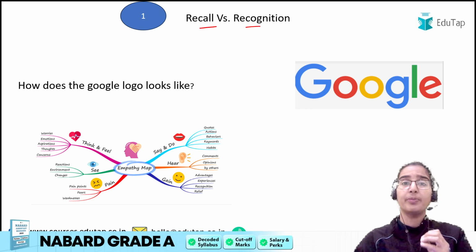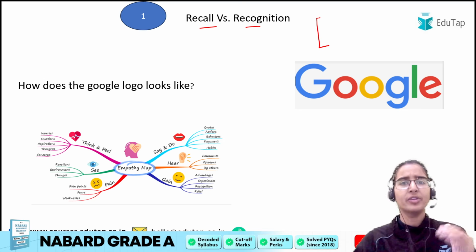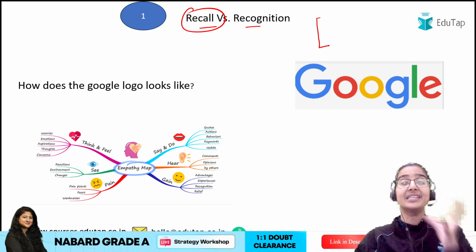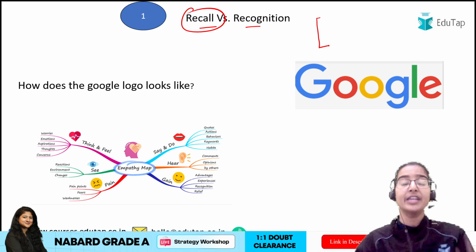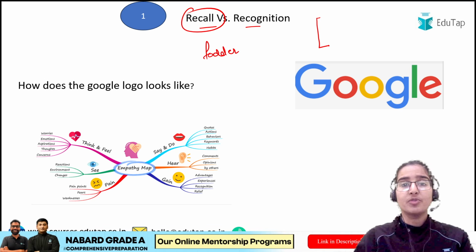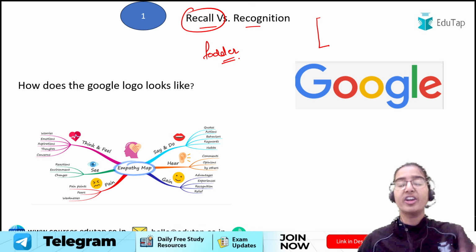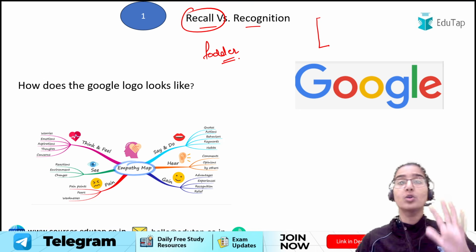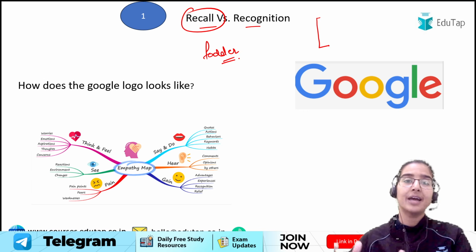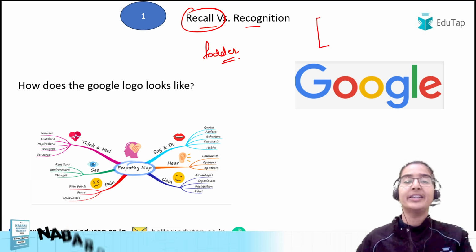In the objective type paper, the answer is right in front of our eyes in the form of those options, so we can very well recognize it. But in the descriptive paper, you have to recall the exact facts and exact data, only then you will be able to write good answers. So whatever fodder material you have prepared, it is very important for you to learn it by heart. So when I ask you to tell me 5 challenges related to the healthcare, those 5 challenges should be on your fingertips, only then you will be able to write good answers and in a time format. So the second thing that you have to do is to learn it by heart.